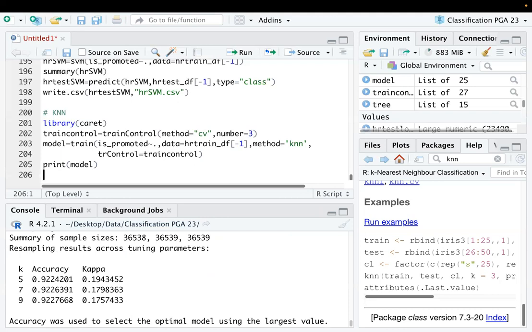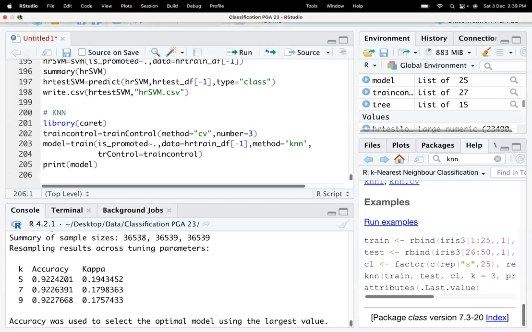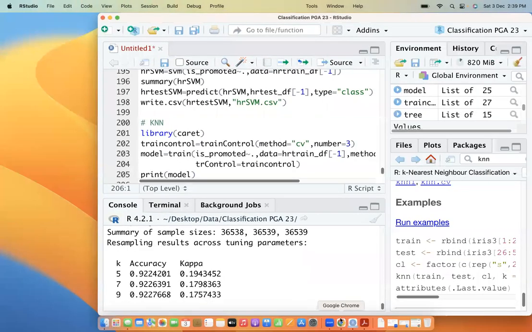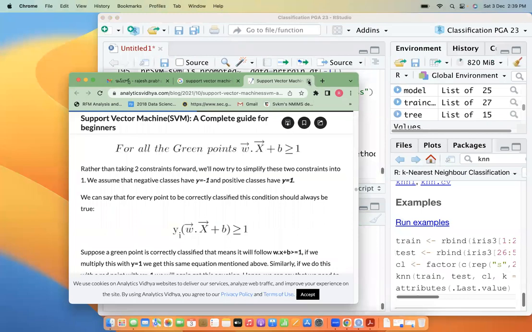But it's not running for you. Huh? Steve, which model is running? SVM. It's run or not running? Okay. So for guys who are not able to run it,